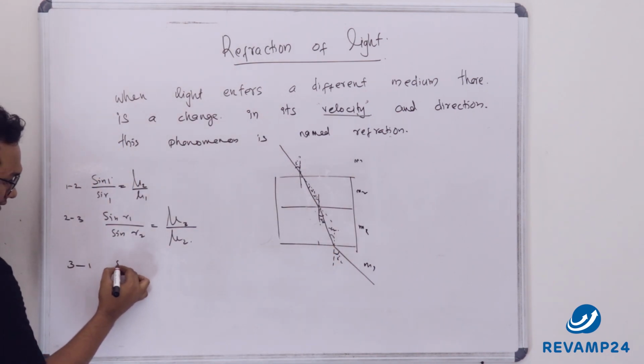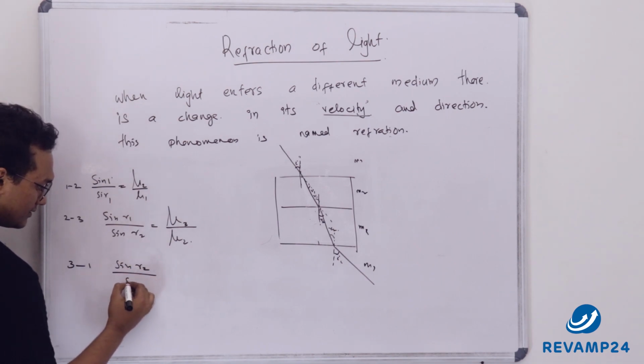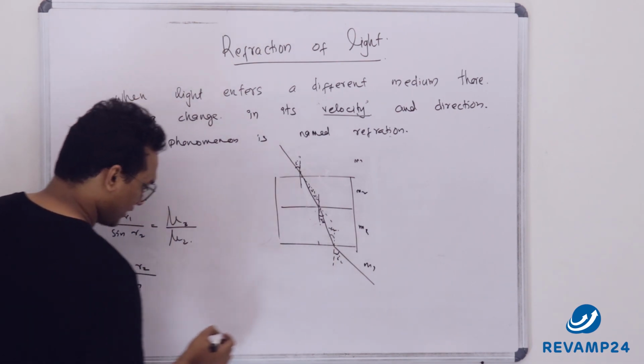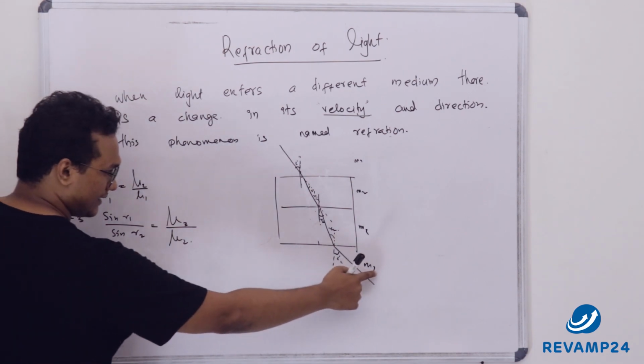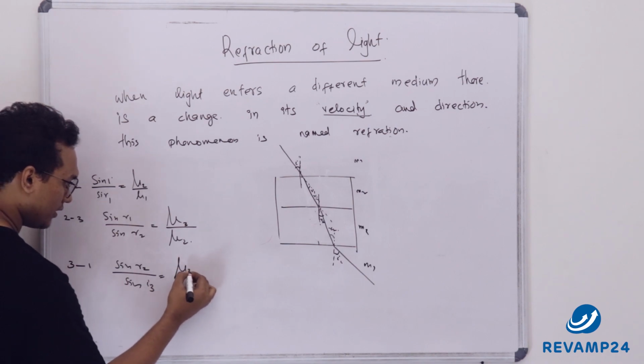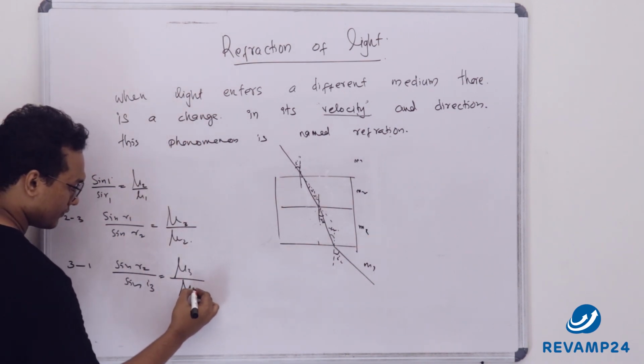So here, what is the incident ray? It is r2. Sin r2 divided by sin i3 is equal to, this is the next medium, the second medium, mu 3 divided by mu 2, refractive index of